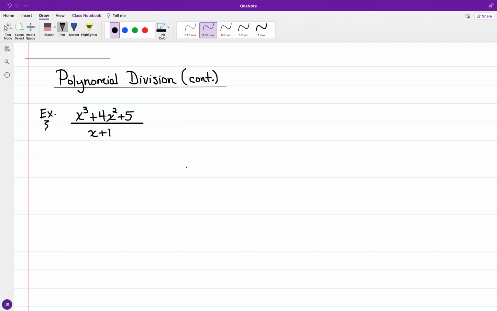Good afternoon. Today we're going to continue with polynomial division, and again we have our two modes: long division as well as synthetic division. Let's say you have a ratio where the cubic polynomial x cubed plus 4x squared plus 5 is divided by the binomial expression x plus 1. And if we look at performing long division,